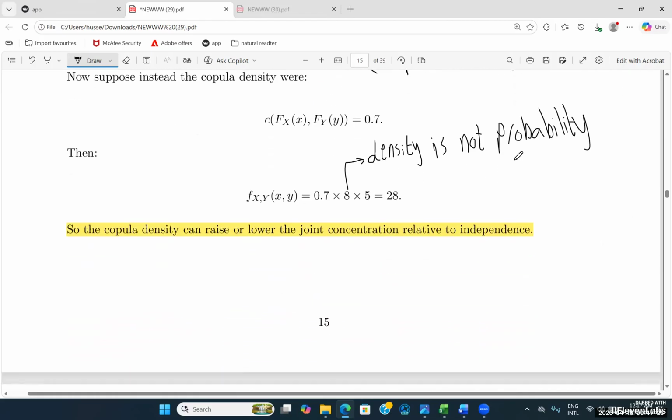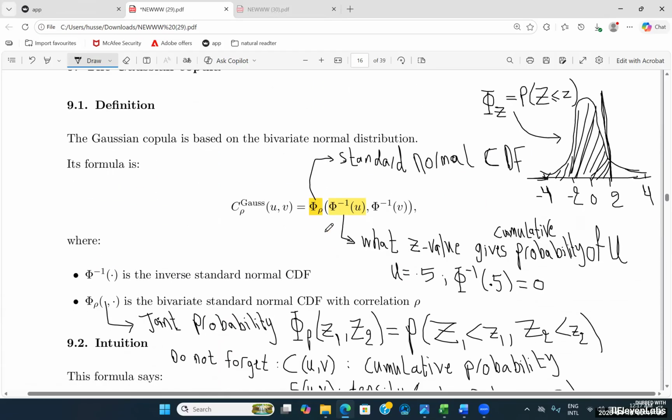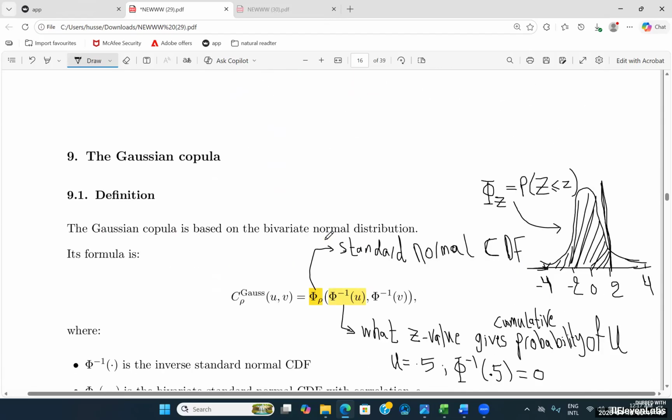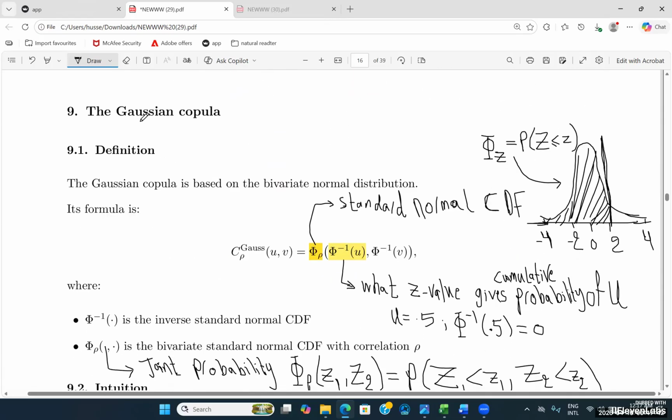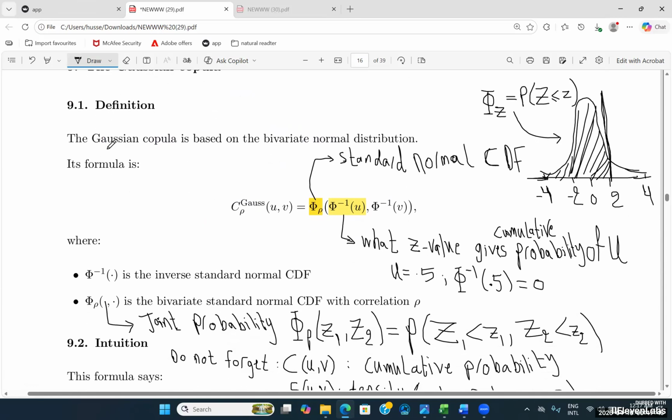So a density, by its very nature, is not the same as a probability. And therefore, the copula density has the ability to either raise or lower the joint consideration, especially when compared to a state of independence. Given this, how then can we accurately determine the precise number of copula dependence? We have a variety of different models available to us. One of the models we can utilize is known as the Gaussian copula, and its very name clearly indicates that